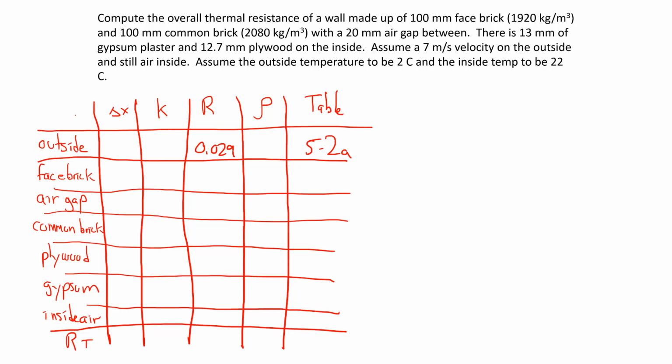So moving on to the next one, looking at face brick. As I turn through this book, let's look through the table until you find them. What we need are SI units, so you would start at page 125. And again, this would be table 5.1b. It looks like face brick. Face brick would be,